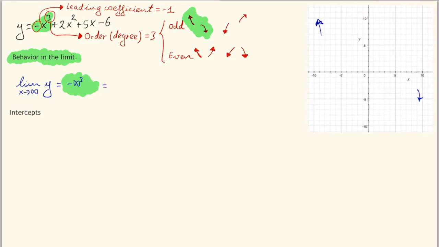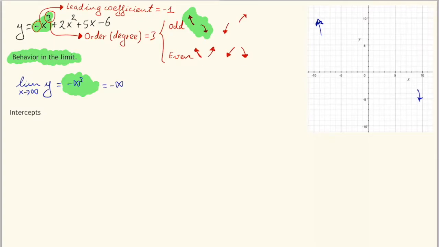What I am writing here in green is not a perfect algebraic expression because the infinity is not a number, so we didn't discuss how to operate infinities. But if it helps, you can write it this way. It's going to be infinity to the power of 3 with the minus before. Why infinity to the power of 3? Well, because you are replacing the x with infinity in the leading monomial. Don't forget, this monomial will have an order, that's to say 3, and a leading coefficient, in this case minus 1. If you operate this, infinity to the power of 3 is infinity,